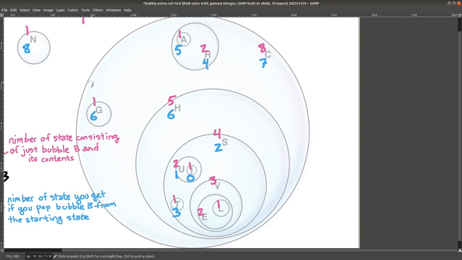V leaves you with 1, 2, 1, 2, 1, 2. 3. E, if you pop bubble E, you're left with 1, 2, 1, 2, 1, 1. So that's 2 2s, which cancel, and 4 1s, which all cancel. So 0. And L is the same, except that one of the 1s is missing, so that leaves you with